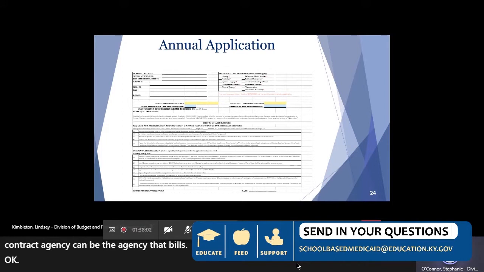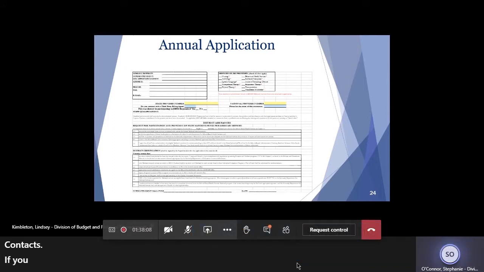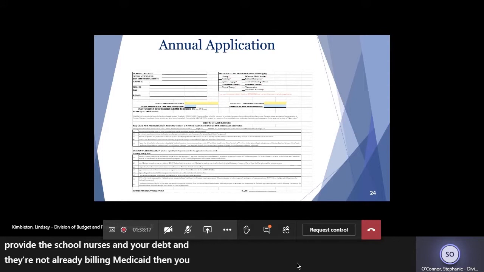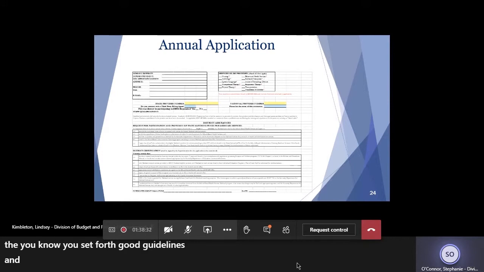If you contract with another agency to provide the school nurses, and they are not already billing Medicaid, then you would just need to have those contracted nurses submit claims in your current billing system. Just remember, with all contracted employees, it still falls under the school responsibility. So you want to make sure that you set forth good guidelines and make sure they're properly trained.